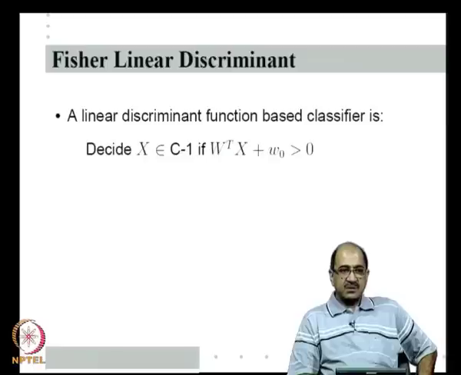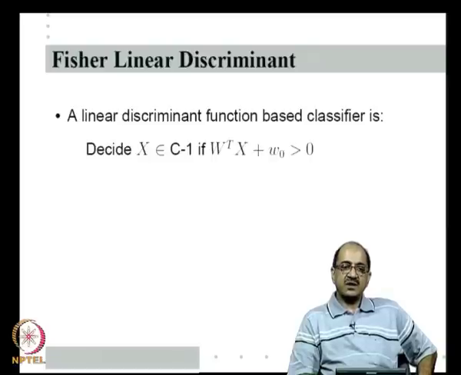Now, because w is a vector, we can take it as a direction in R^D, the appropriate space. Then w transpose x is nothing but the projected value of x onto the direction w. So, if I think of this inequality as w transpose x greater than minus w naught, and if it is a good classifier, what it means is, if I take any x that belongs to class 1 and project it onto w, the projected value, namely w transpose x, is greater than minus w naught. On the other hand, if I take any x in class C0 and project it onto the direction w, then the projected value w transpose x is less than minus w naught.